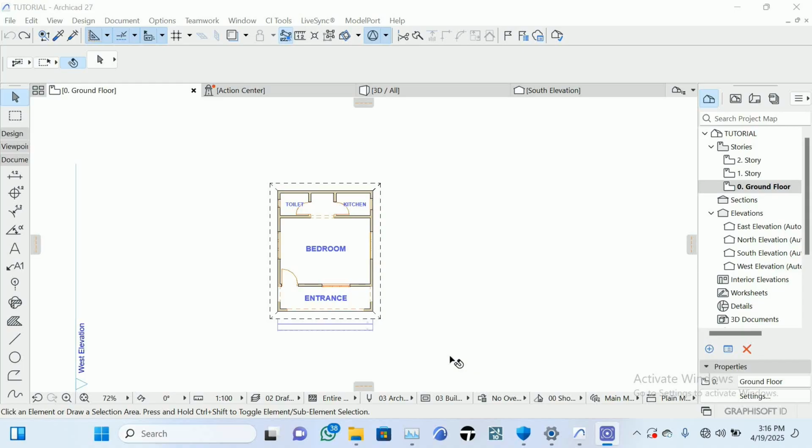So in this tutorial I'm going to teach you how to do your dimensioning, both interior and exterior, and how to do your structural grid. So let's get started. First of all, you come to documents,